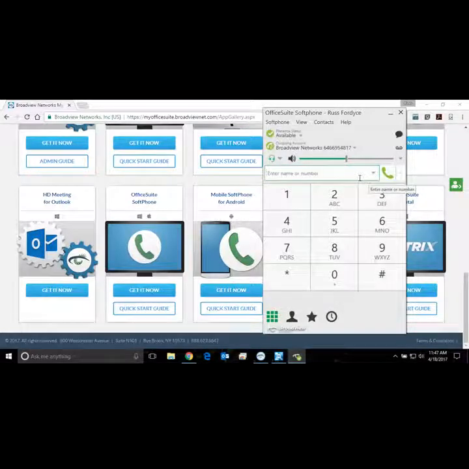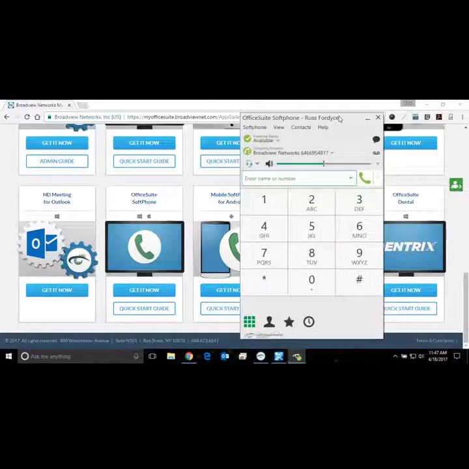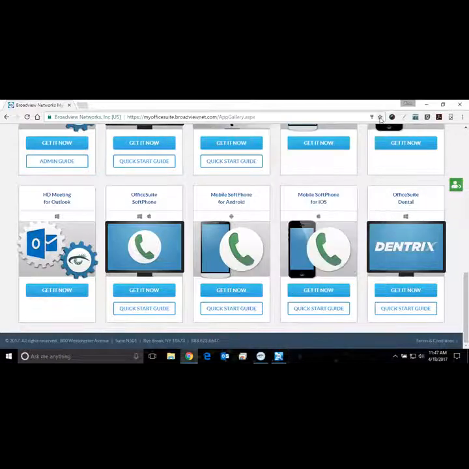You can use your built-in headset and speakers if you want. I do recommend getting a headset that generally works better than using the speakers and the microphone in your laptop. Also gives you a little bit of privacy. So all of that's available to you. Now I'll switch over to my smartphone again, and I'll show you what it looks like on your